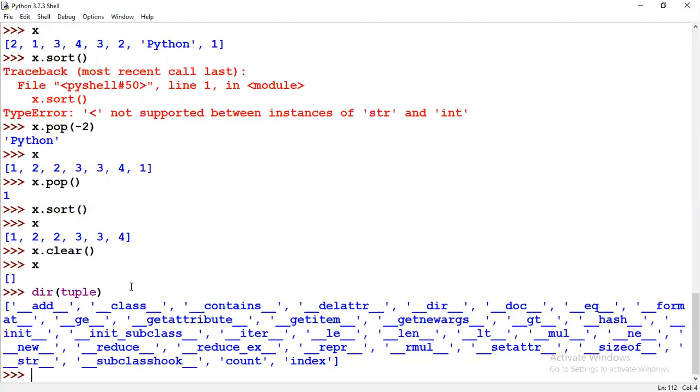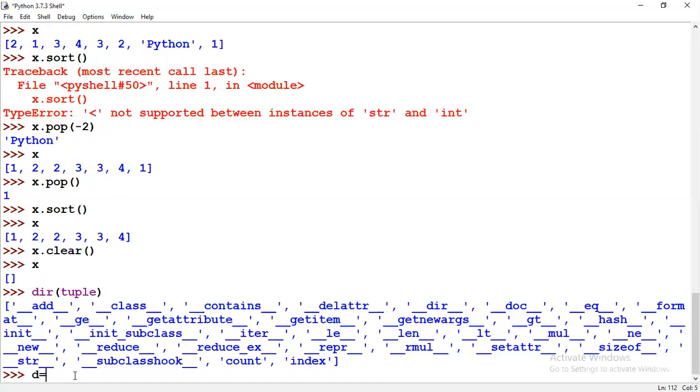That's the reason we don't have many inbuilt functions on a tuple. This kind of answer is what you need to give. We can't predict what interview questions they will ask, but whatever concepts we are discussing, they will definitely ask from that. So each and every line is important for you to clear the interview.